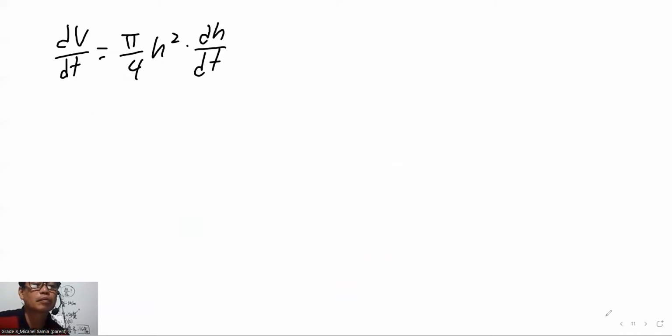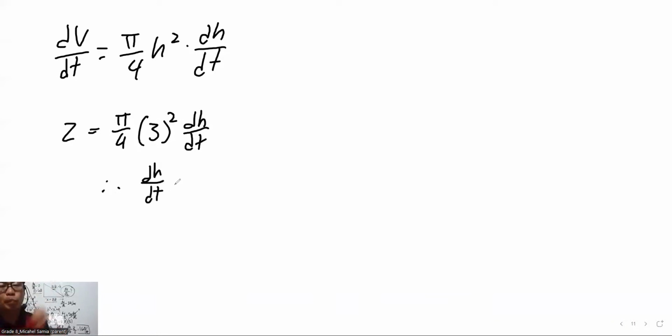So dV/dt is 2. 2 equals pi over 4. Then current H is 2. Yes, 3 meters. 3 squared. Therefore, dV equals 9 pi over